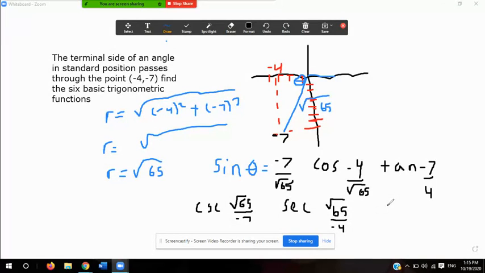And the cotangent would be -4 over -7, and in your book, they'll even cancel out the negative signs and write it as a positive